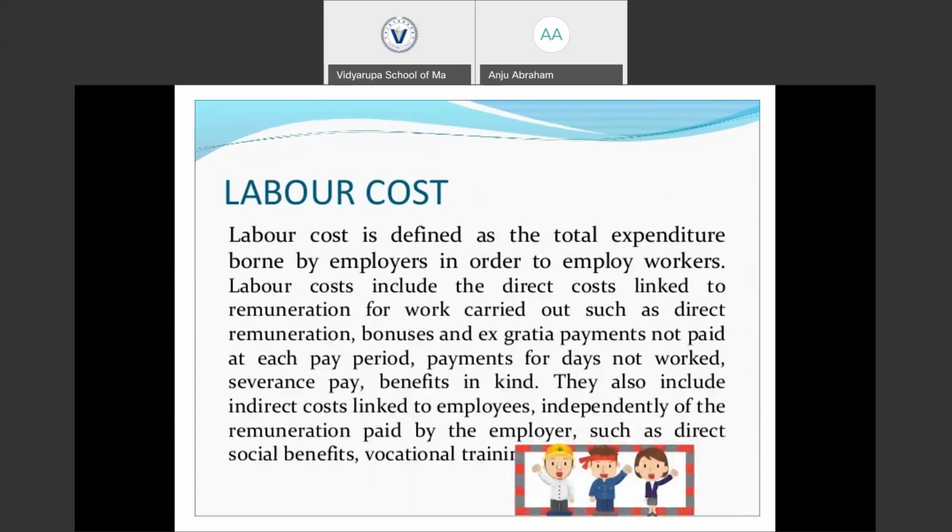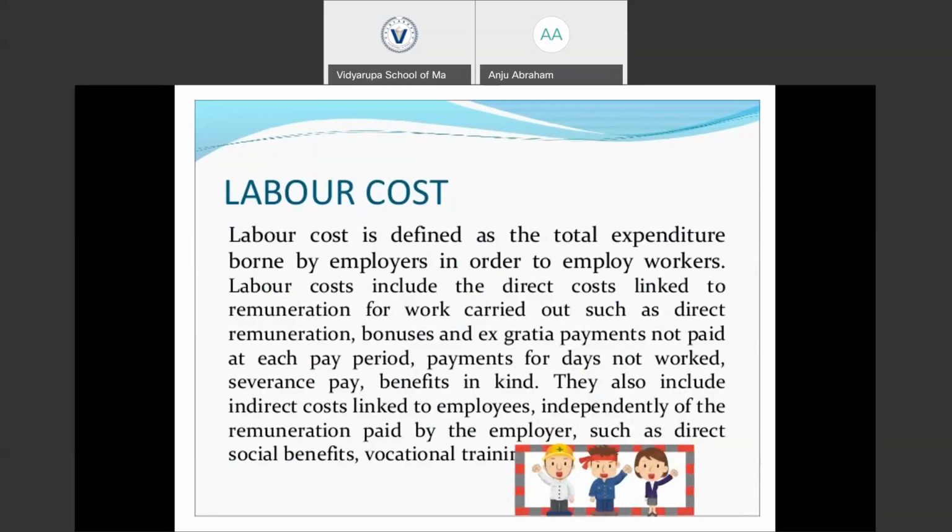Then we have the labor cost. Labor cost is the total cost of the employees that we incur in carrying out a work. It is defined as the total expenditure borne by the employers in order to employ workers.